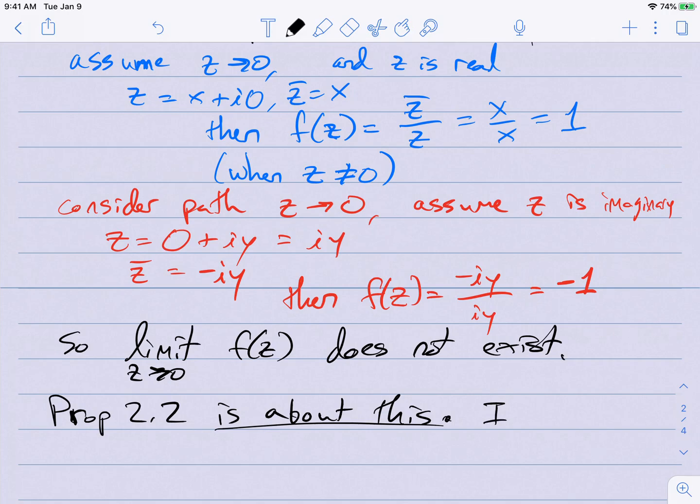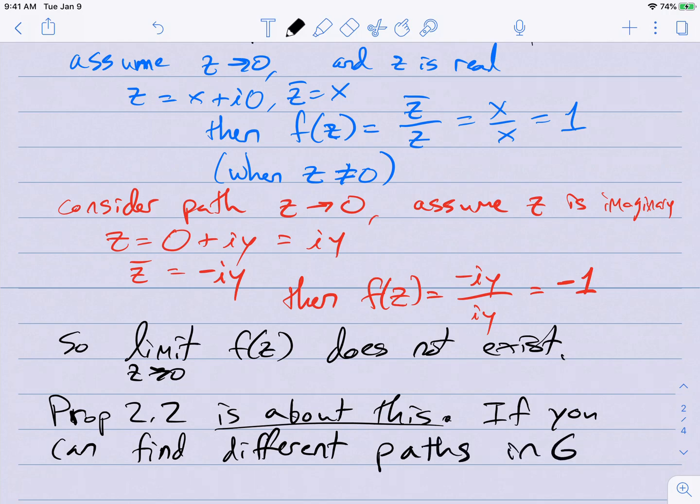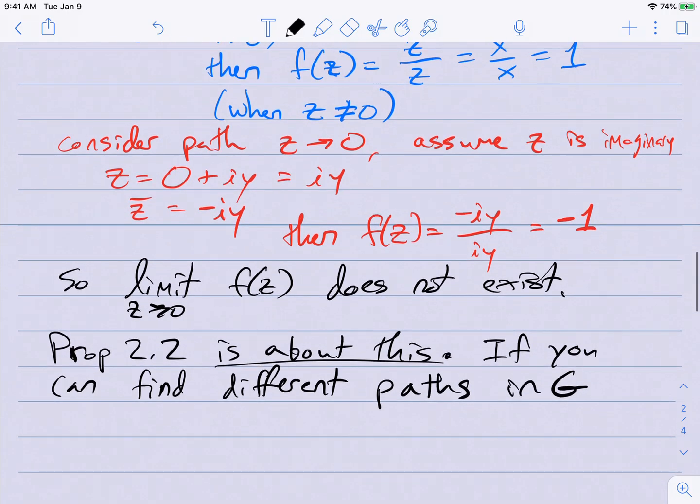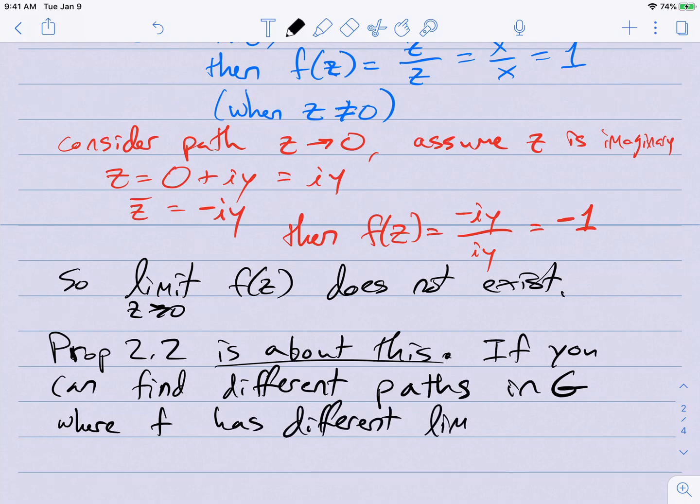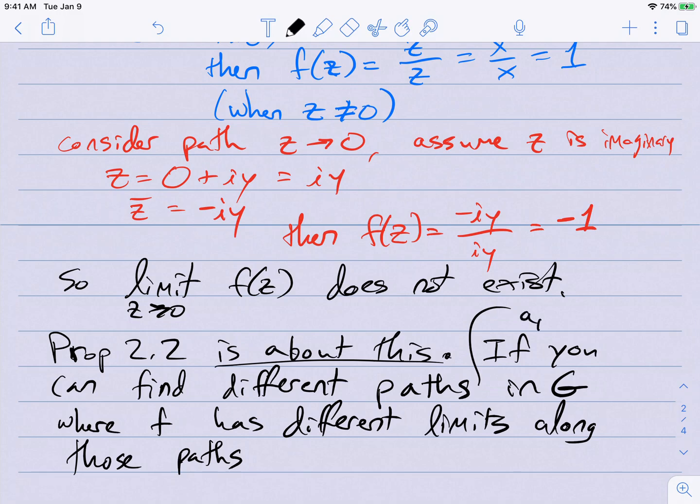If you can find different paths in G, approaching some z0,